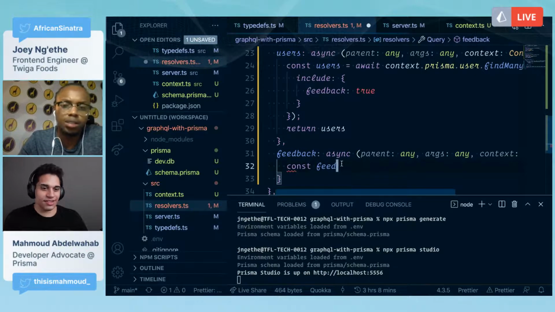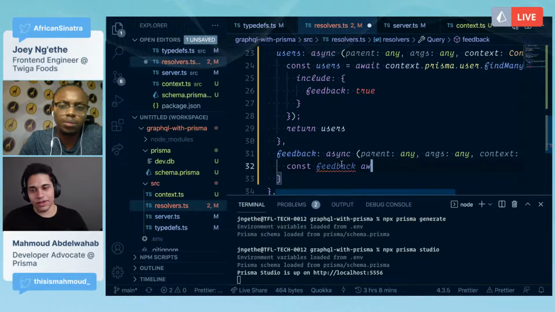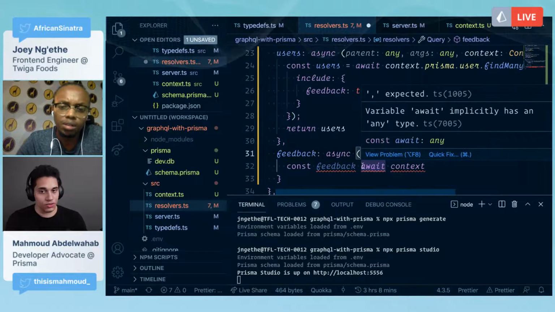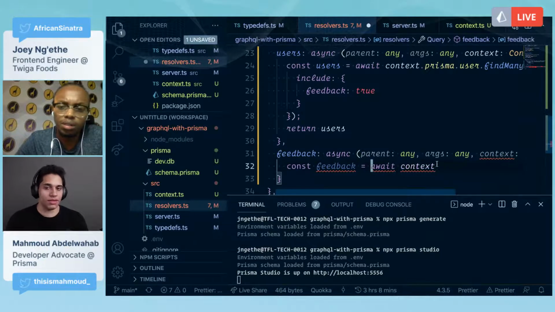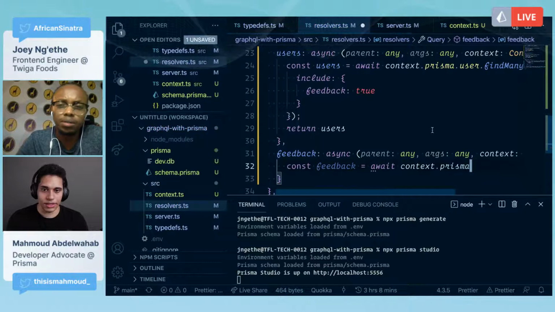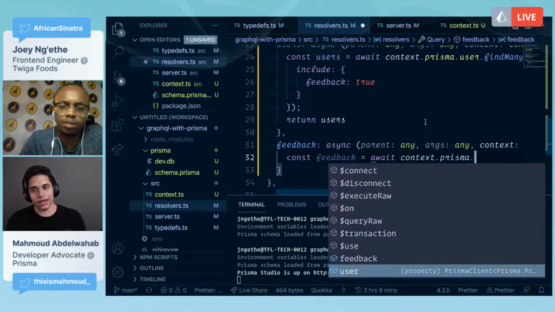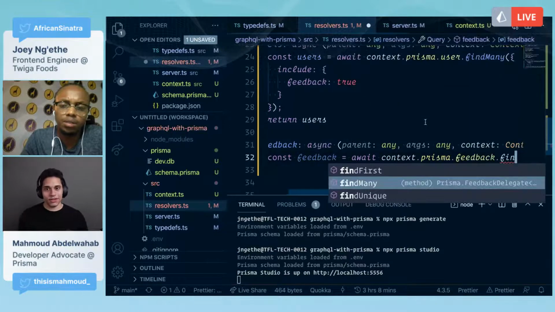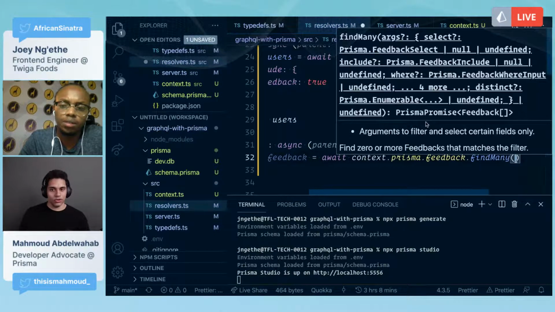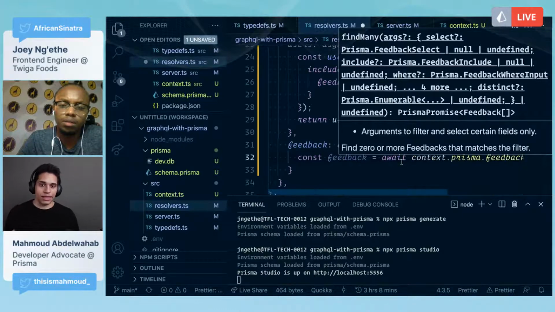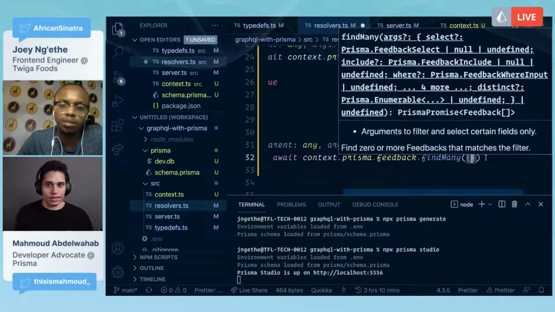So I just sent the link to findMany in the docs. You can check it out. It takes arguments, but if you don't provide anything, it will just return all users. But it would not have included the feedback, and that's why we added include feedback true. So like for the feedback resolver, in the schema we define that user returns all users, and for the feedback query, we're returning all feedback that is in our database. So yeah, that's what we're doing.